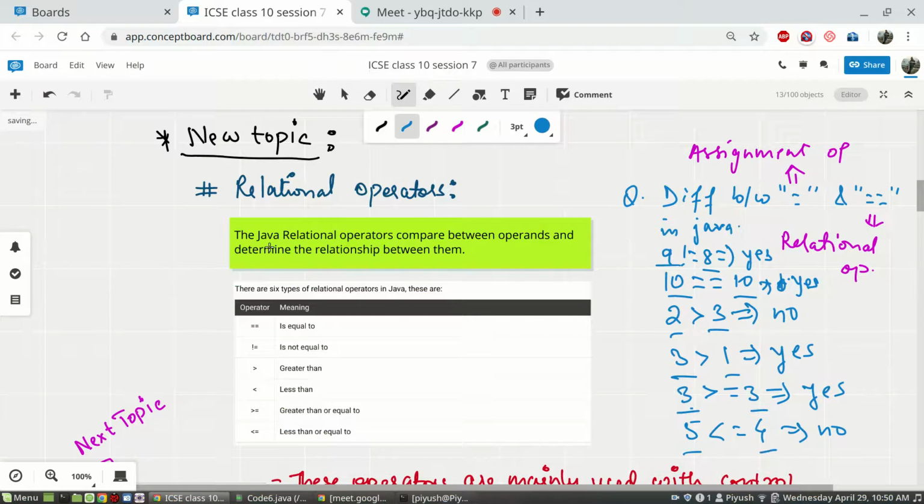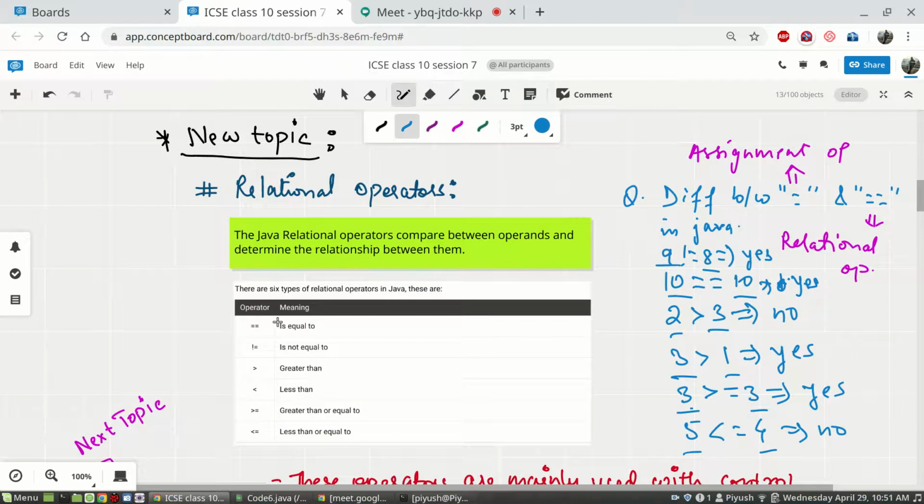Therefore, the Java relational operators compare between operands and determine the relationship between them. Okay. So therefore, they are known as relational. It determines whether 2 is greater than 3 or 3 is greater than 2, or it checks for equality between 2. So it's establishing some sort of comparative relation between the two operands which this operator is separating. These types of operators are separating.